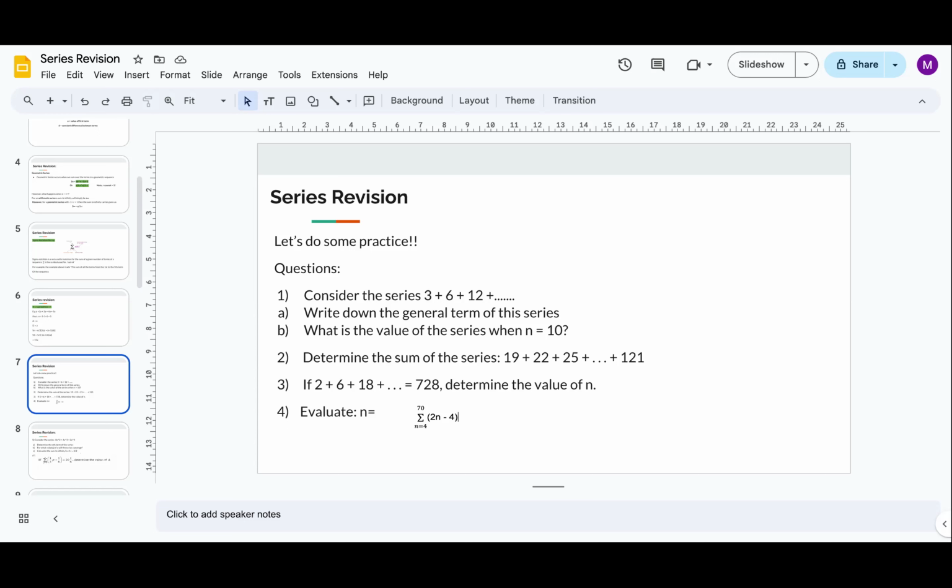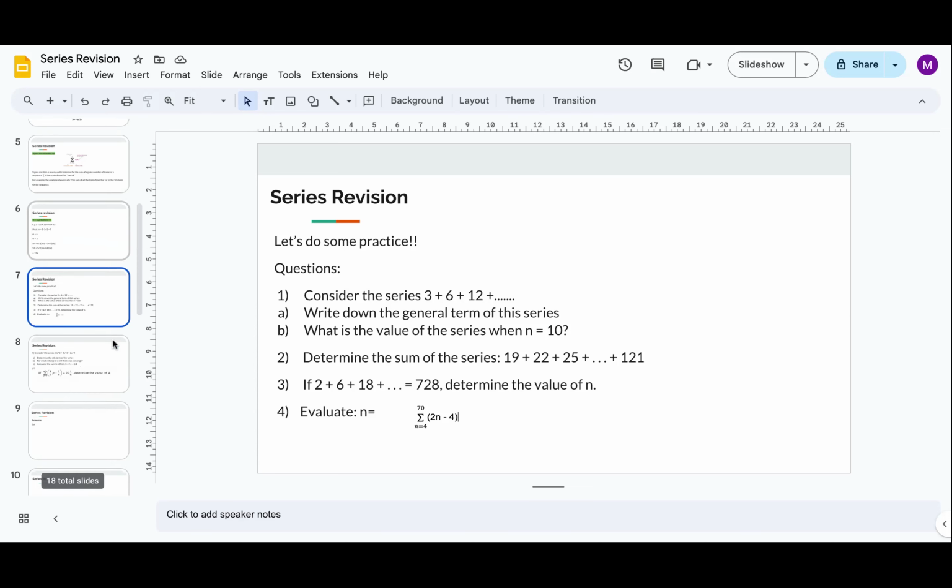So the only other option I have is that this is a geometric series. There is some constant ratio. And to find this constant ratio, I simply take one term and I divide it by the term before. So to find this constant ratio, I can say 6 over 3, which is 2. And to check if it's correct, I will say 12 over 6, and that should give me the same answer, which is 2 as well. So we know that we're working with an arithmetic series, a geometric series, pardon, and this geometric series has a